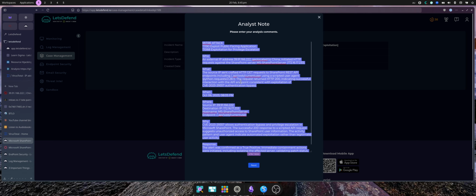So who: an external IP address, 39 dot, geolocated in China, initiated HTTP requests against the SharePoint server, ms-SharePoint server, and the internal IP. The what: the source IP sent crafted HTTP GET requests to SharePoint API endpoints, including _api/web/currentuser, using a scripted user agent, Python requests. The request returned HTTP 200, indicating successful interaction with the API endpoint, consistent with the exploitation of the CVE